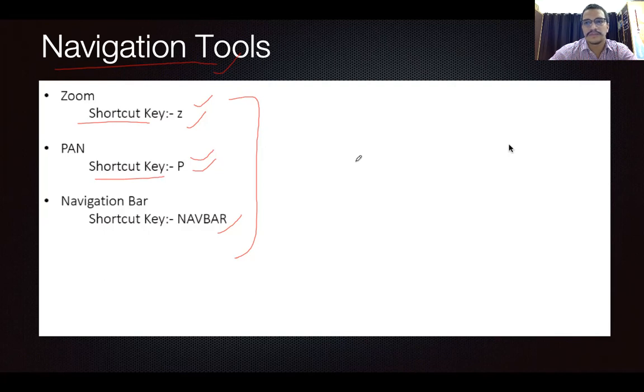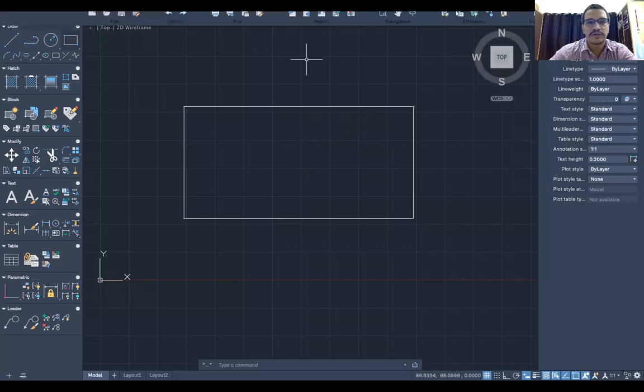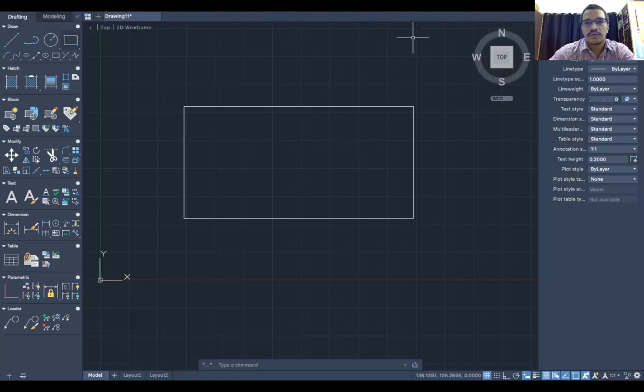We will just go to the user interface. So this is your drawing area. If you want to access the navigation tools, in the toolbar itself I have already listed 3 tools.